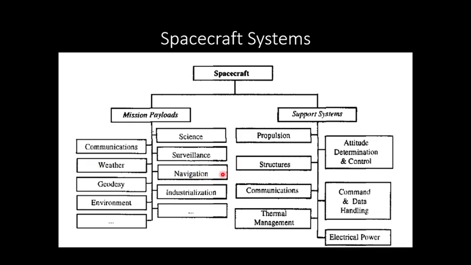The fourth component in the mission payload is navigation. So this navigation tells us where exactly we have to go. There is a navigator device which will establish the link between the spacecraft and the Earth. The next component here is geodesy. So what is this geodesy? That we have